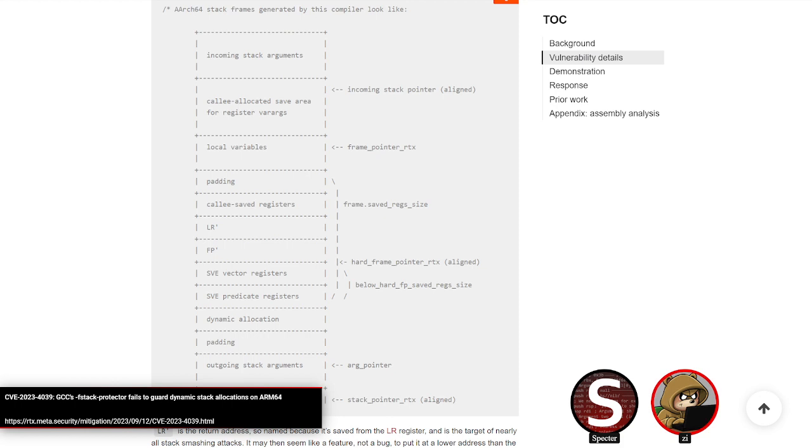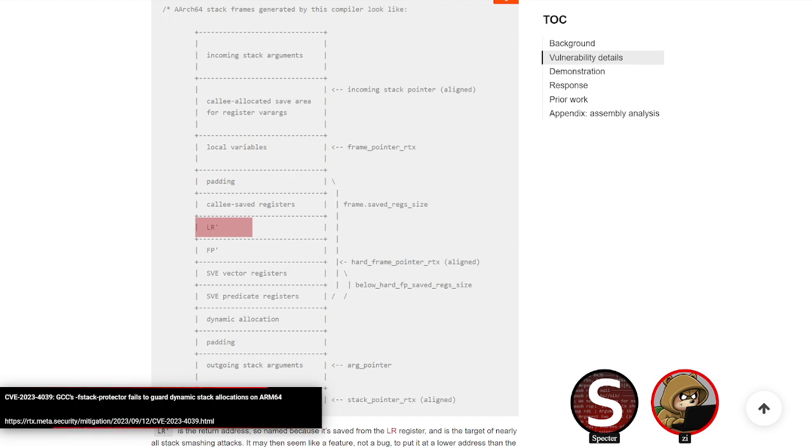The problem is it inserts the canary right at the top of your local variables. It's assuming everything's going to be local, and all the registers would be after that. But the main register we care about here is the LR register, which is going to be your return address. Well, the saved register, I mean, this isn't the literal register there.